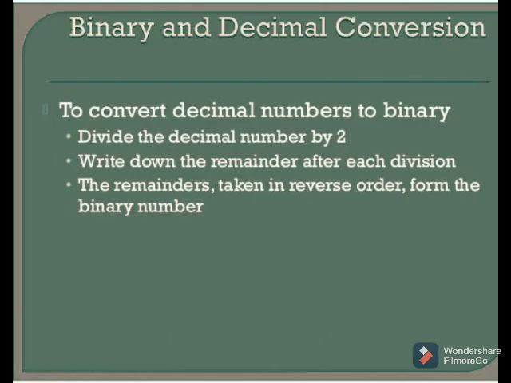So let's see now how to convert a decimal number to a binary number. The first step to convert a decimal number to a binary number is to divide the decimal number by 2 and then write down the remainders of each division next to it on the right hand side. The remainders are taken in reverse order and a binary number string is formed. Now let us see, children, how this process is going to happen.